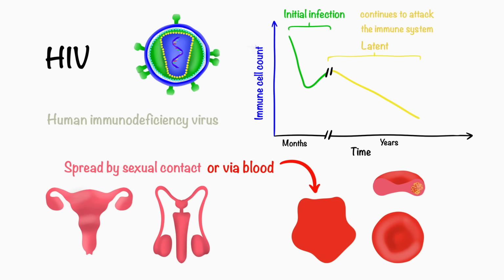During this time, however, the virus continues to attack the immune system. It specifically targets immune cells, gradually weakening the body's natural defenses. Without treatment with antiretroviral drugs, the immune system becomes severely damaged, leading to AIDS, which stands for Acquired Immune Deficiency Syndrome. At this stage, the body cannot fight off other infections or cancers effectively. People with AIDS often develop infections that wouldn't affect someone with a healthy immune system.